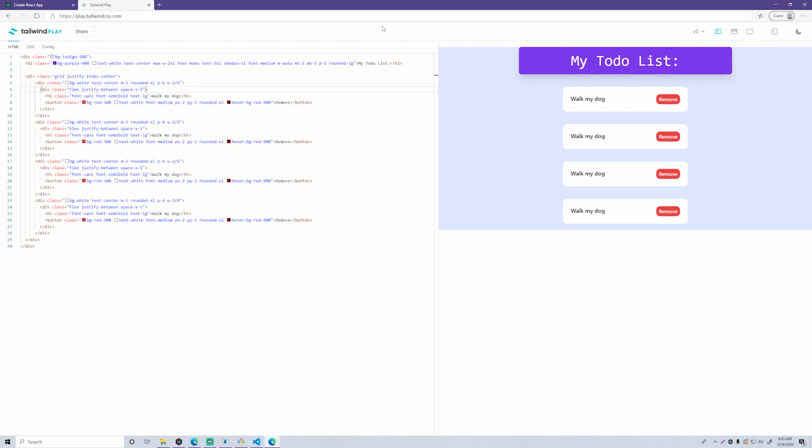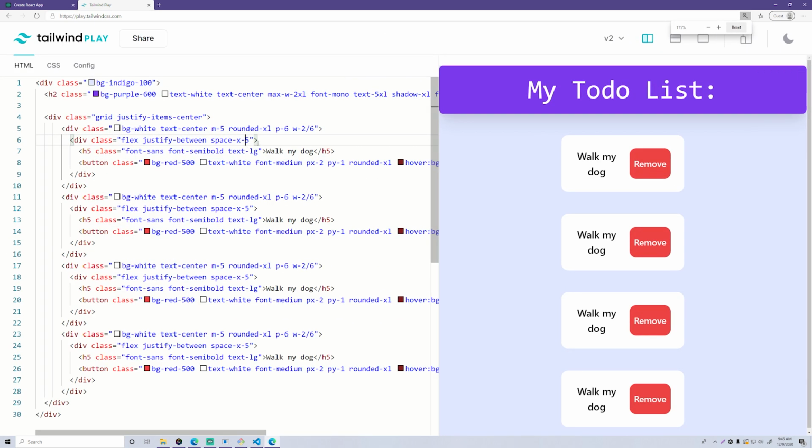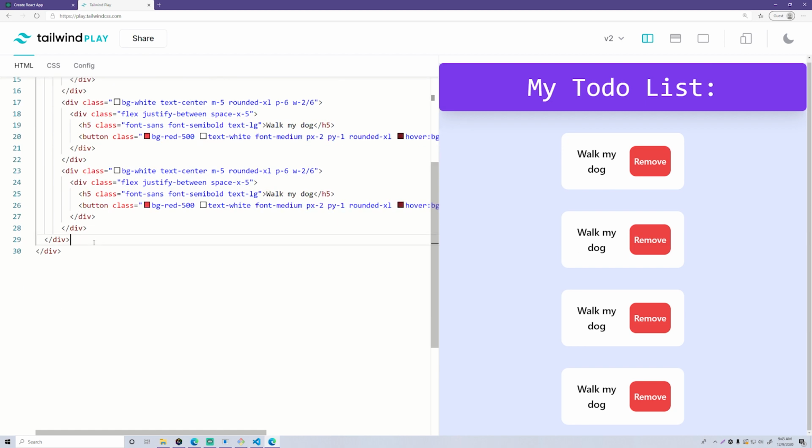So let me zoom back in for you guys. There we go. And so yeah, now that we have the listings, what else do we need? Okay, so we're going to need the input box at the bottom so we can add new things to this page. So let's go ahead and add another div for that one down here, and add a closing div tag.